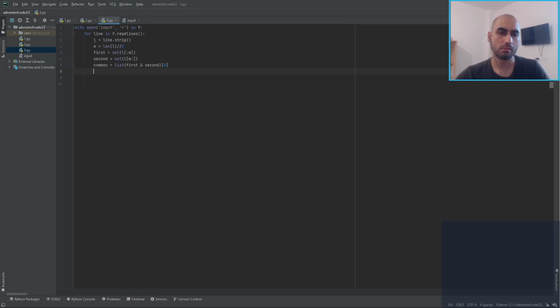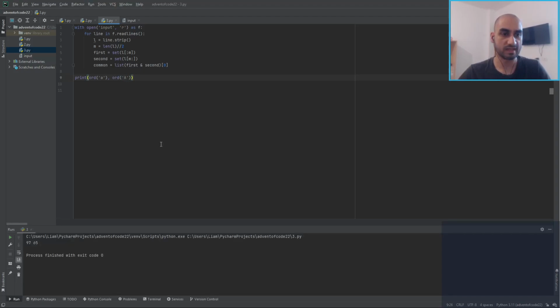Now, print, okay, so what is ord of A and ord of a? This will give us the ASCII integer values. Just have a look at that. 97 and 65. Fine, so